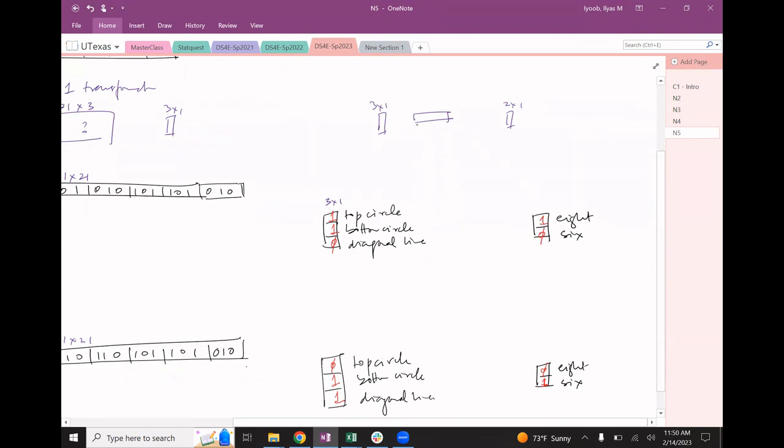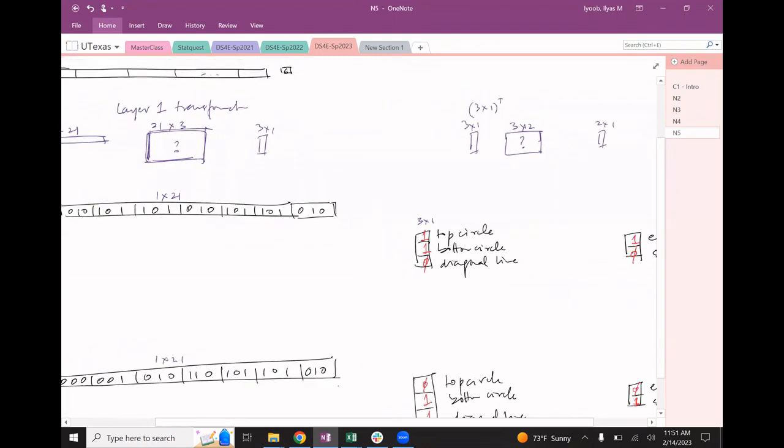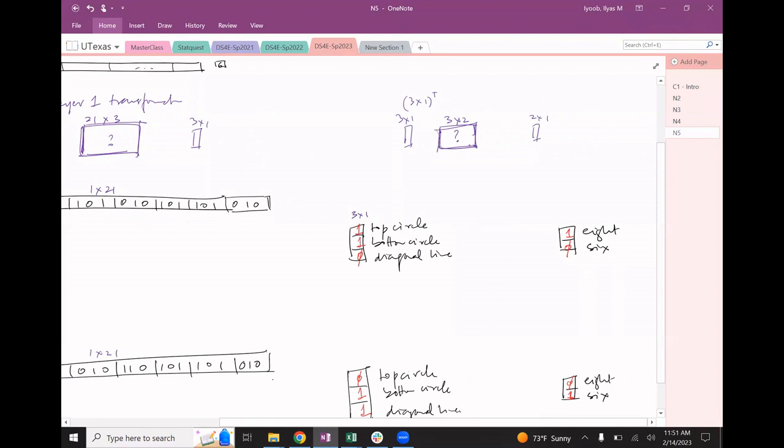So what should this be? And I'm going to transpose this, right? So I'm going to take 3 by 1 transpose, which gives me a 1 by 3, and then by a 3 by 2 to give me a 1 by 2, and then I transpose that back to get this, right? Okay. Either way, I need a 3 by 2. This is what I need to figure out, right? I need to get this. So I have this one matrix to figure out, and I have this one matrix to figure out. But if I figured those out,